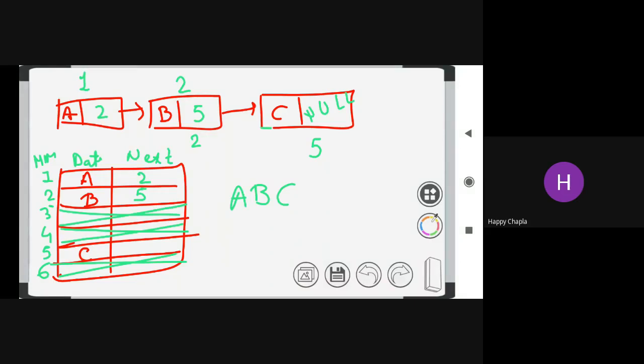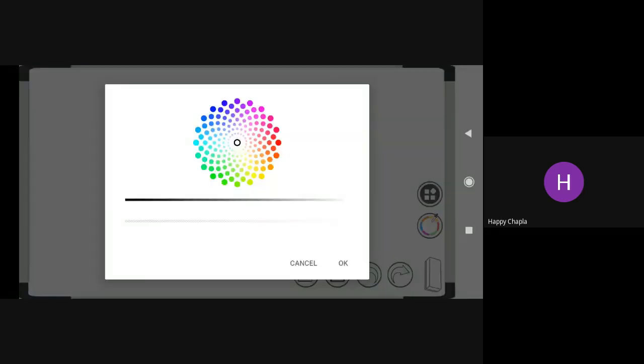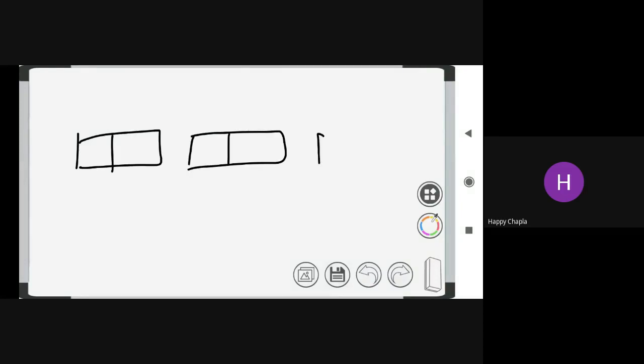So for the representation using a linked list, the last node every time has null as its address part, so that we can identify that yes, here my string is completed. Why? Because I don't have any confirmation as I would with continuous memory locations. This is a singly linked list.